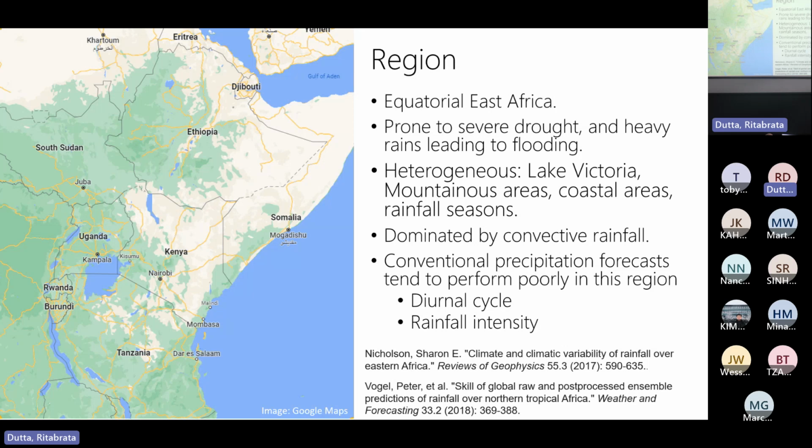Because there's so much convective rainfall, a lot of the conventional forecasts, which have convective parameterizations, tend to perform poorly, particularly in capturing the diurnal cycle and rainfall intensity. So